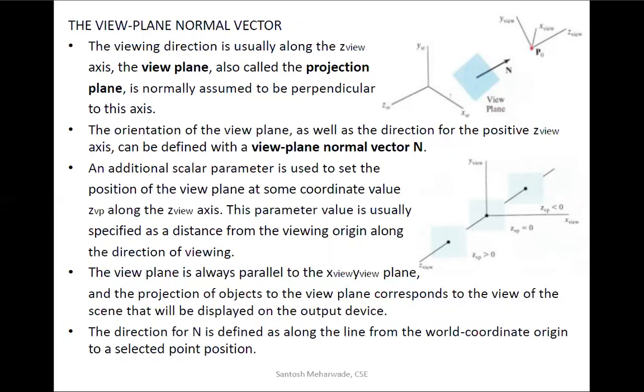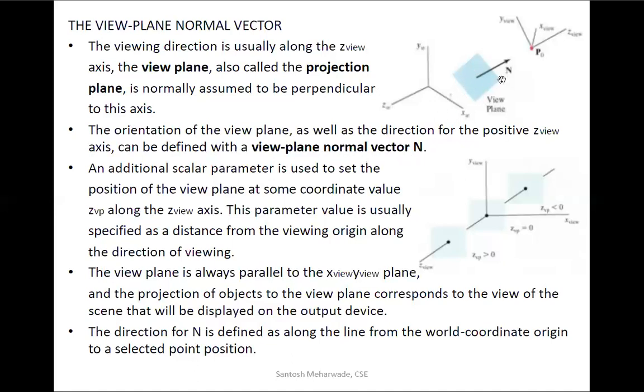The view plane, which we also call the projection plane, is normally assumed to be perpendicular to this axis, so for z view the view plane is always perpendicular. The orientation of the view plane as well as the direction of the positive z view axis can be defined with the view plane normal vector.